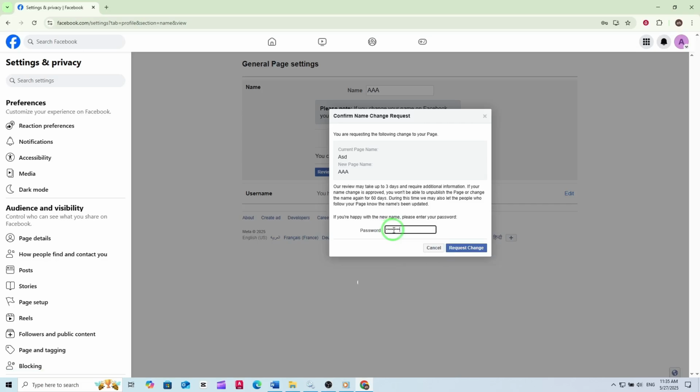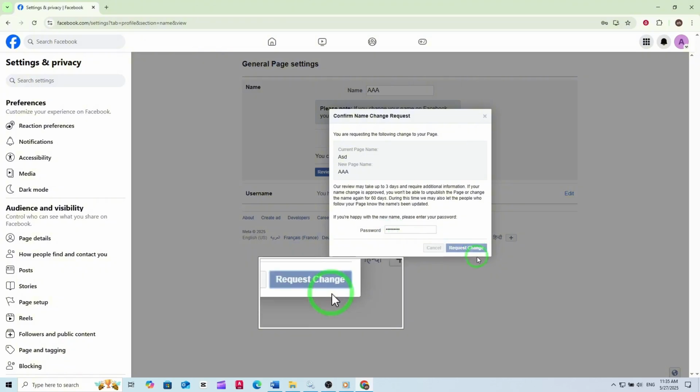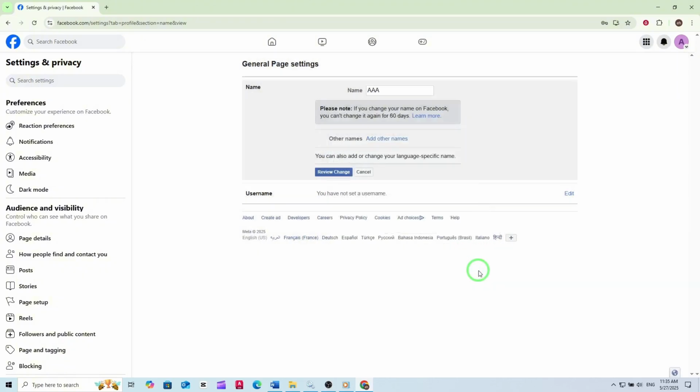And that's it. You've successfully submitted a request to change your Facebook page name using the new update on your PC. Remember, keeping your page name relevant and up to date helps your audience find you easily and keeps your